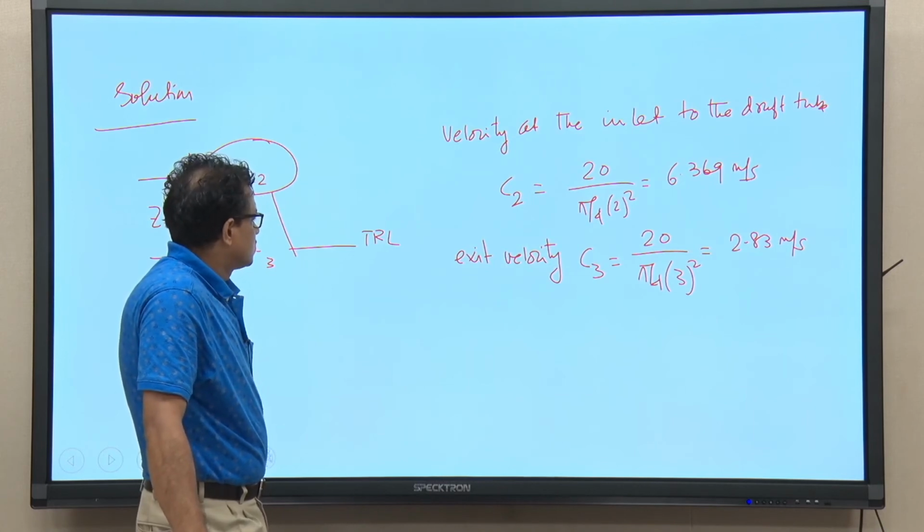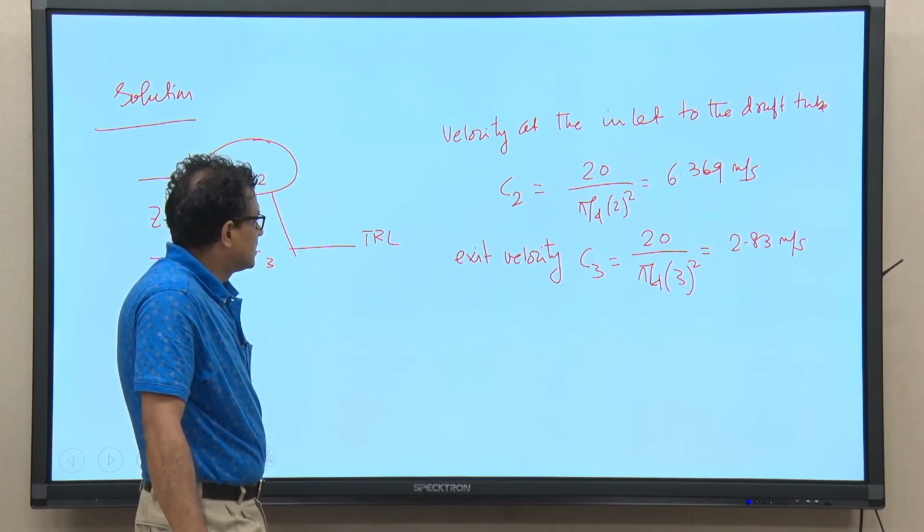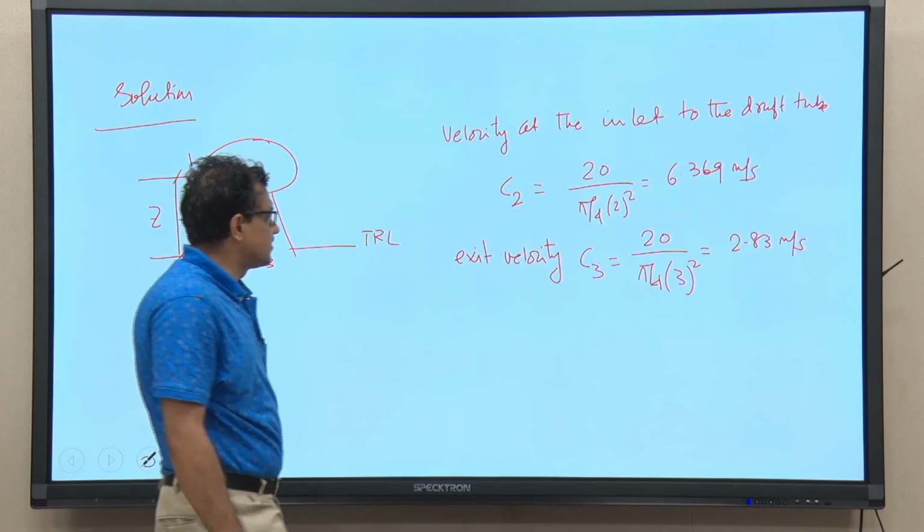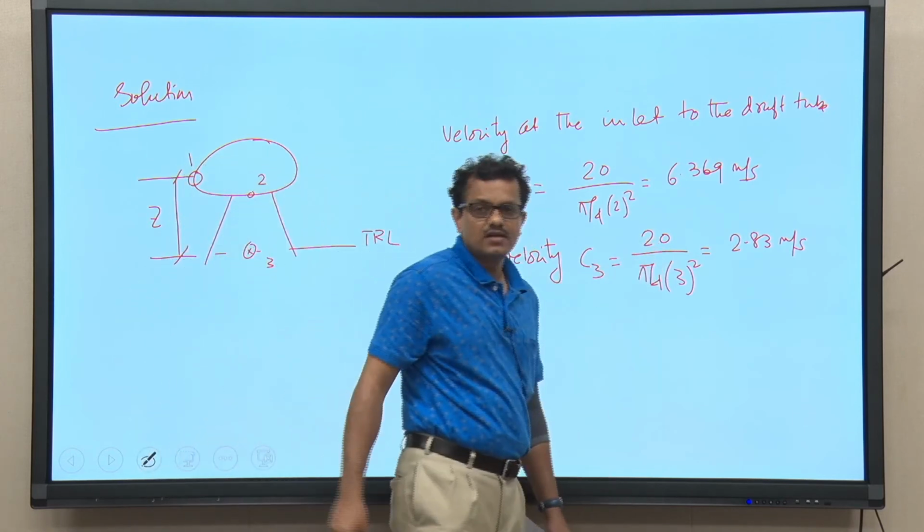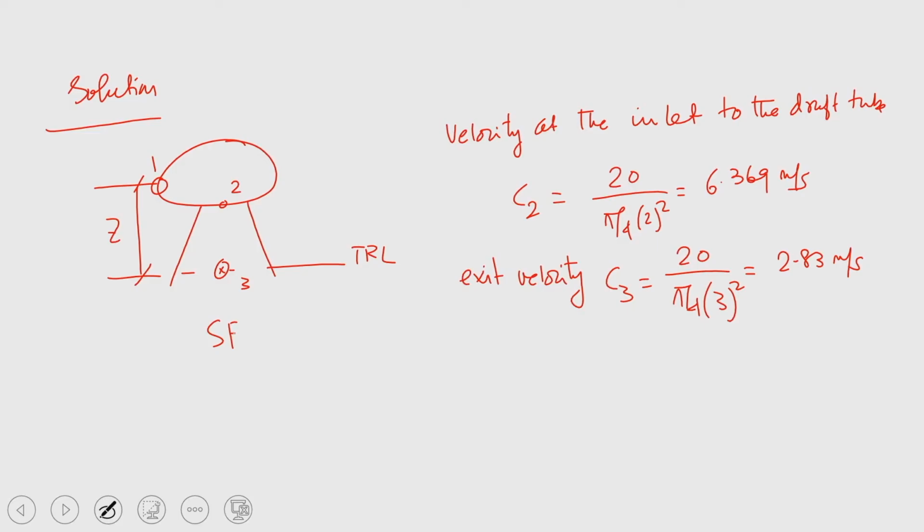Okay. So it is because of this reduction in velocity that we can recover that using the draft tube. Next, we can apply the steady flow energy equation between sections